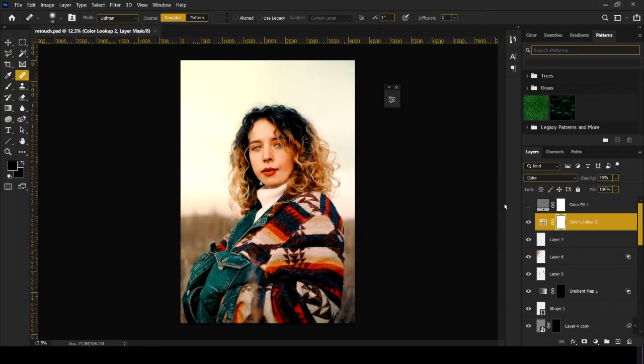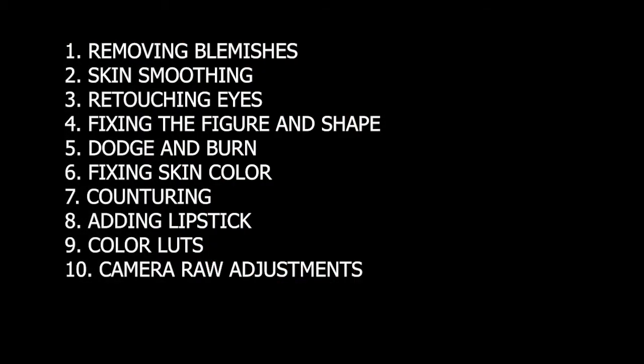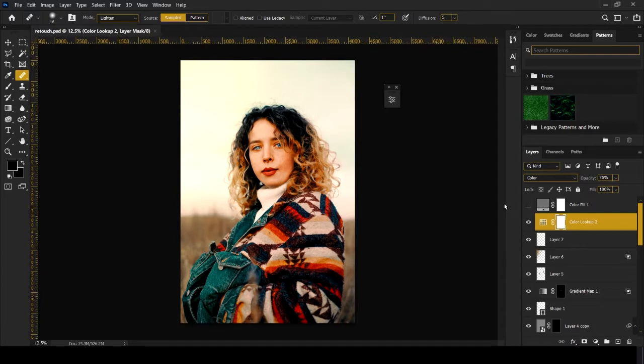Today we will be learning how to retouch human faces and figures in Photoshop, just like some of the Instagram pictures which we see out there. So for this we will see various steps which are listed on a screen right now. These are some advanced steps used to correct the image, and there will be a lot of advanced tools used in this tutorial. So just follow along and understand them very carefully.